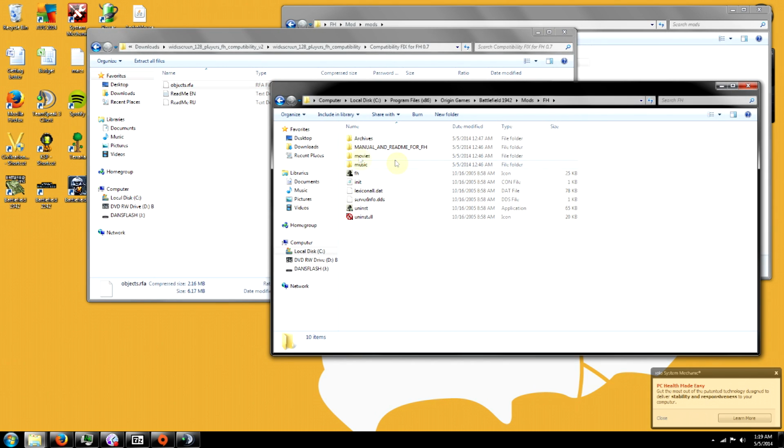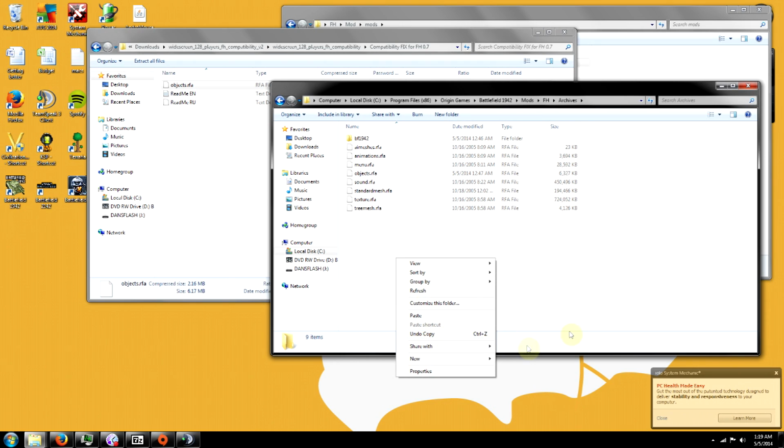and we want to go back to our folder that's in our C drive, and we want to go to archives, and then there's the same thing right here, this objects RFA. We want to copy this one and paste it into here and overlap it, and then everything will be fine. After that, you should be able to run the game through the regular old Battlefield 1942 desktop item there,